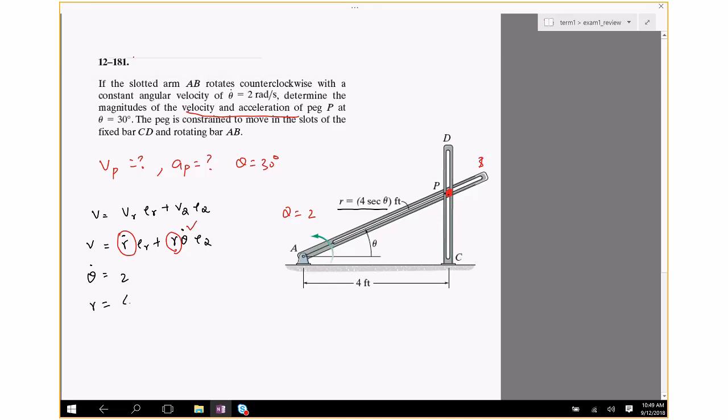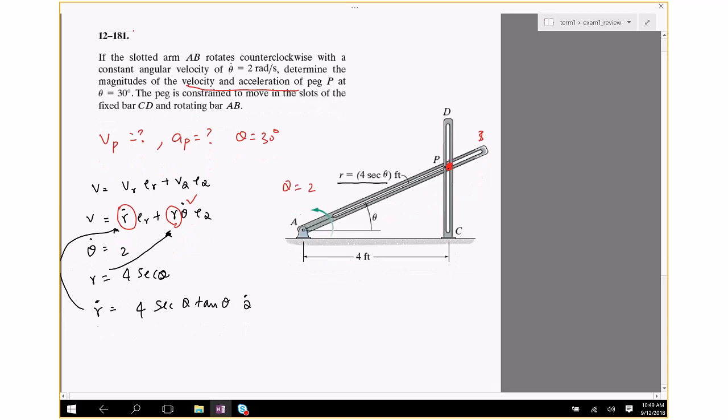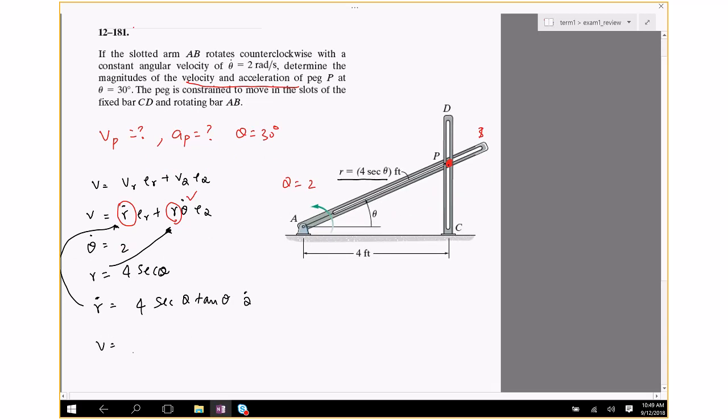Okay, so R is 4 secant theta. So we know that. That's good. So we can take the R, plug it in here, and then R dot is simply the derivative of 4 secant theta. So do you remember the derivative of secant theta? Secant theta tangent theta, and then I need to do theta dot, otherwise that's not a derivative with respect to time. Okay, so this is going in there. So solving for this gives me